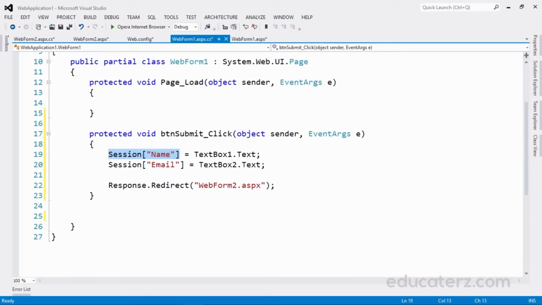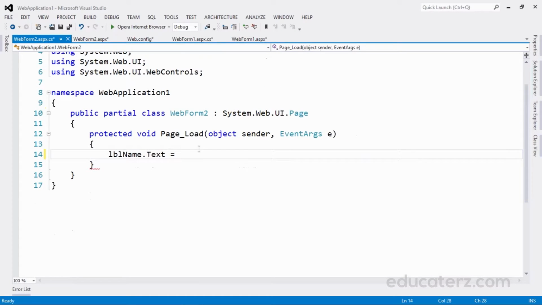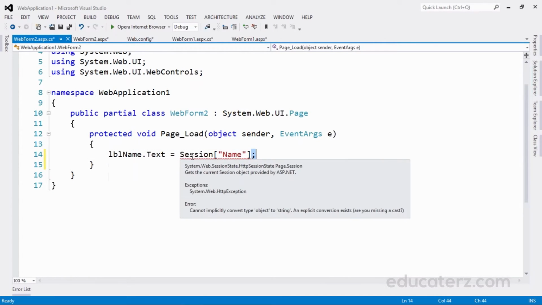Now we have this session state. But here we'll get a compile time error because the session is of object type and we are trying to assign object type to string type. See here, cannot implicitly convert type object to string. An explicit conversion exists.